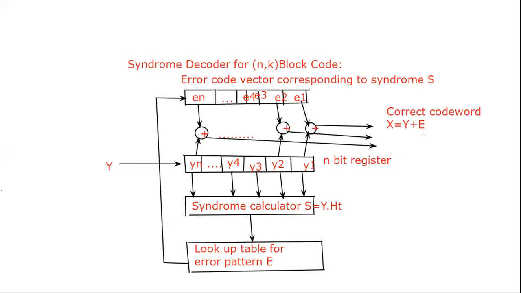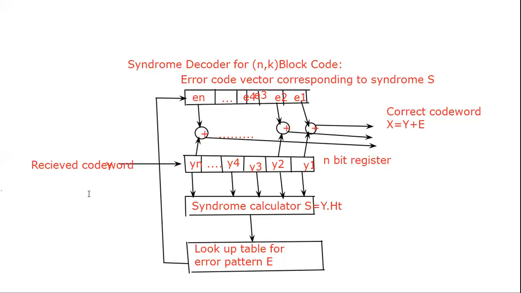So just you have to change the n bit register and error code vector and received code vector. That's it. Suppose 5 bits, nothing but Y1 to Y5, 7 bits nothing but Y1 to Y7, 10 bits nothing but Y1 to Y10, like that. And here you have to indicate what is Y also, because everyone doesn't know Y is the received code vector. That's why I want to write what is Y also. It is a received code word. So Y is a received code word.